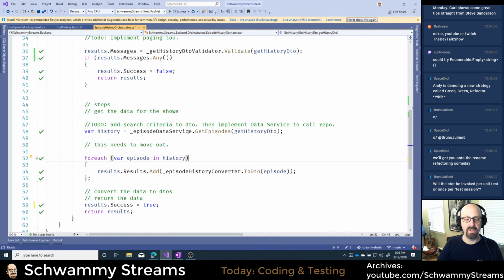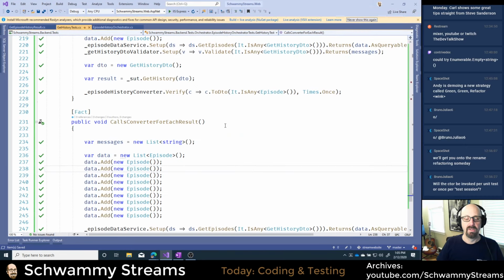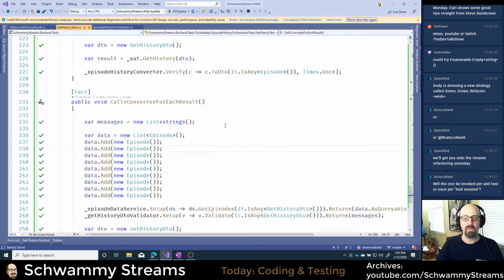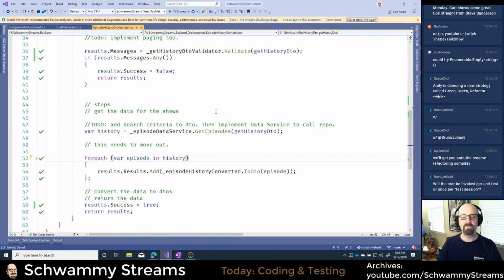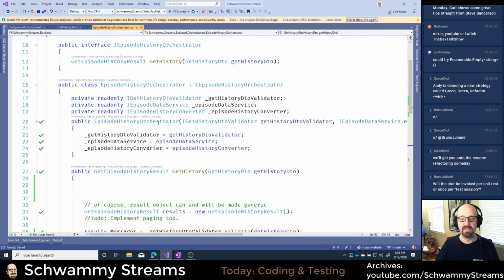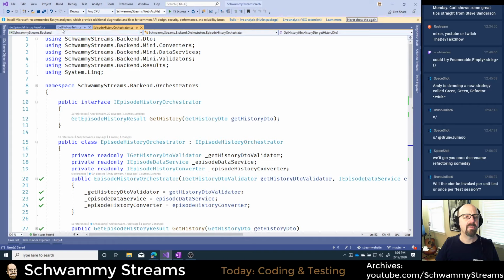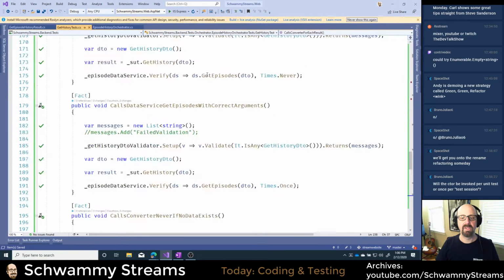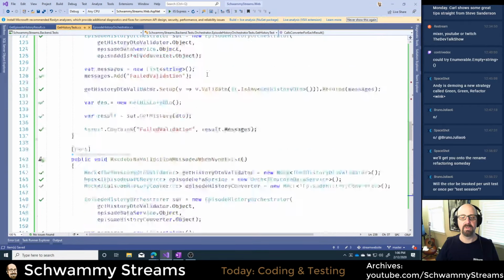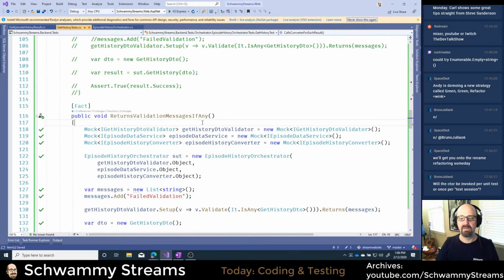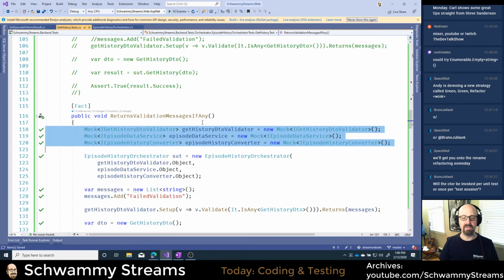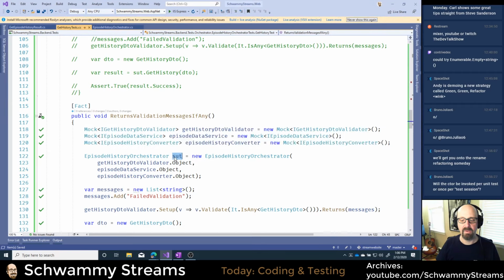The point I wanted to show here is, what am I testing with these things? It's pretty easy to mock these things out. These frameworks make it pretty easy, and maybe this will be a little bit of a review. I can create a mock of an object that is a dependency, and I inject that in the constructor of the object that I want to test.